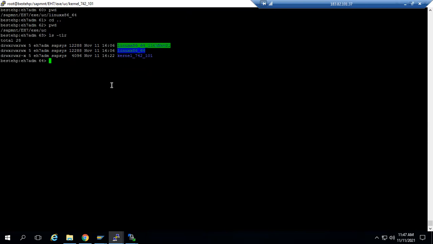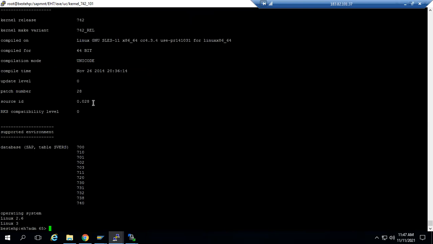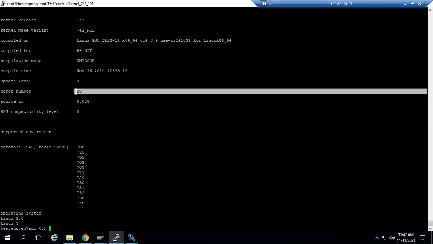So check what is the existing version. This plus work, so 28. So when I execute, when I overwrite, it should come 101 in place of 28. So that means the kernel has been upgraded. Okay,